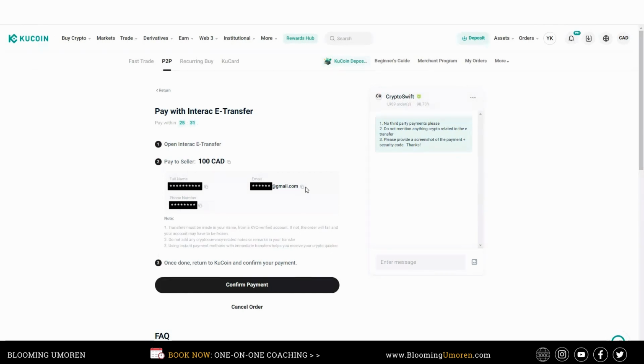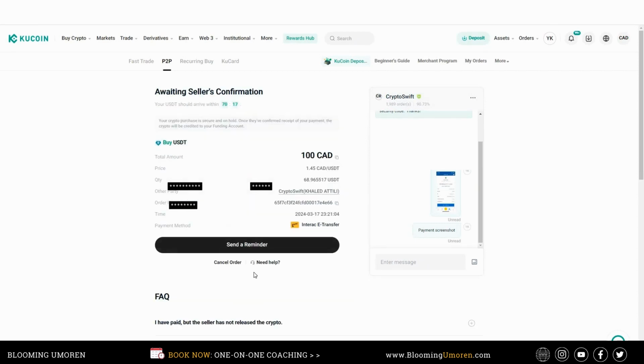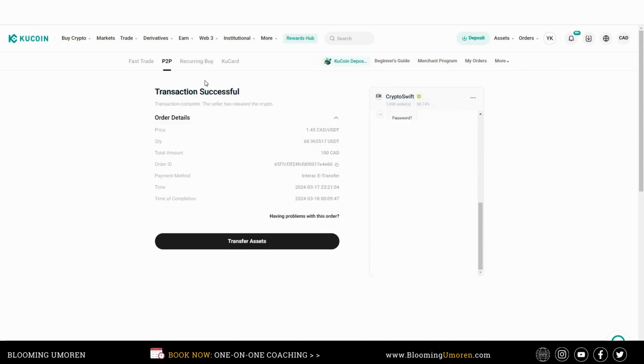Now, I've already sent this Interac and I took a screenshot of the payment. So I'm now going to send this crypto sweep a screenshot of the payment. I'm just going to say payment screenshot, and then I'm going to click on confirm payment. I'm just going to wait a little bit for this to be processed. Then you're also going to send the person the password for the Interac. I just did, and I just got a notification that the transaction is now complete and the seller has